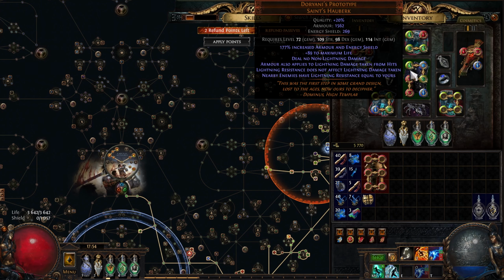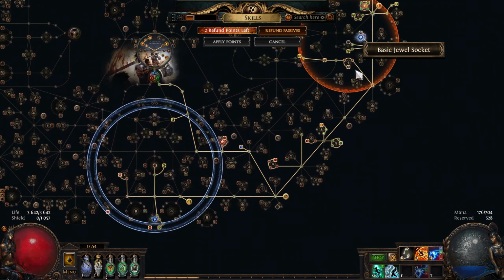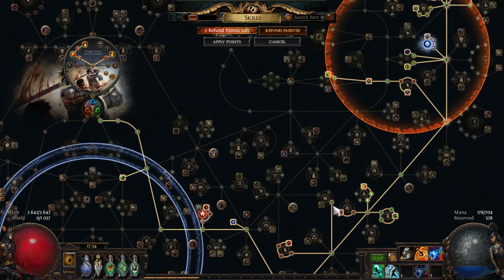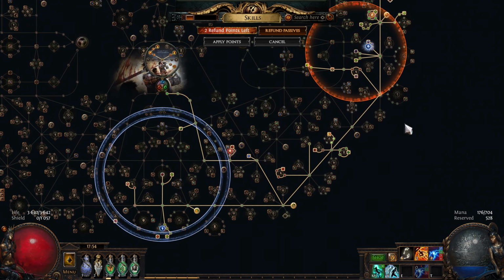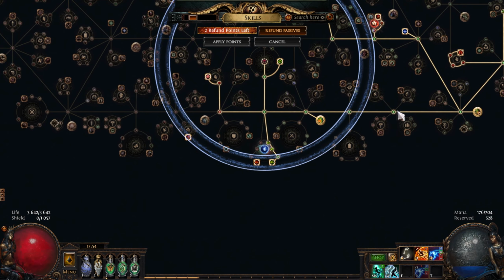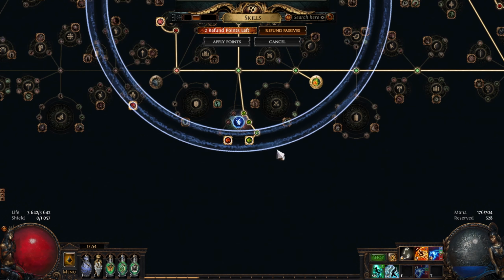Getting some elusive scaling here because this is a claw build, so we're using Lightning Blade, which is pretty cool. Taking every frenzy charge, some suppression nodes here, and then getting this point here because this caps our suppression. Projectile nodes, the flask nodes for Taste of Hate sustain, and then this is just the leech scaling, more life, leech scaling. I'm currently using Iron Reflexes because I believe that is better than not doing it, and then